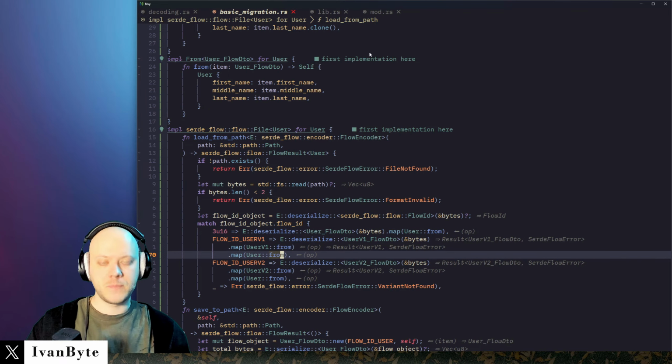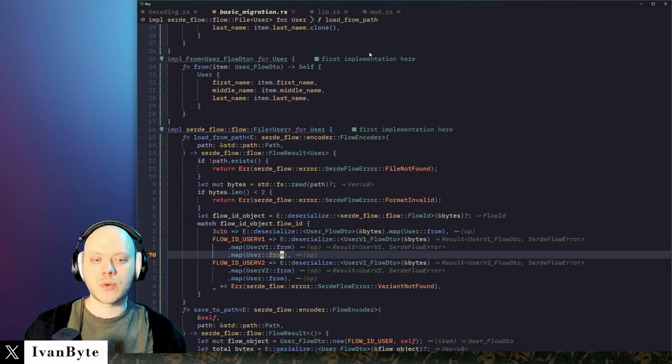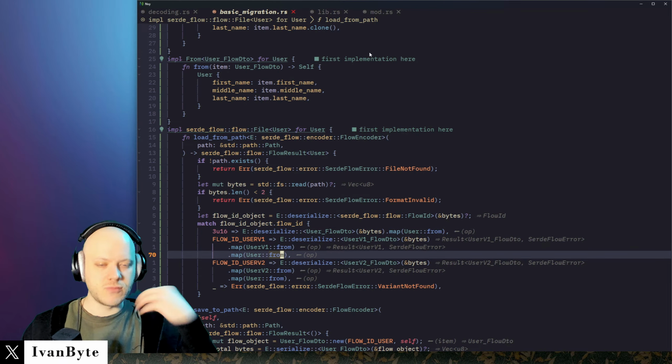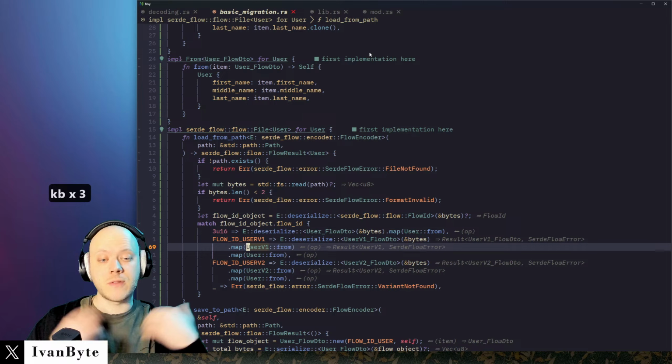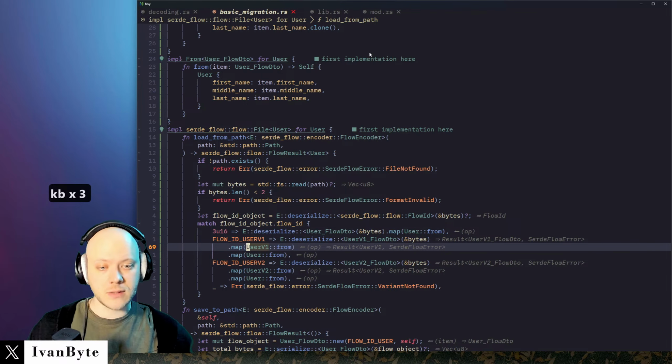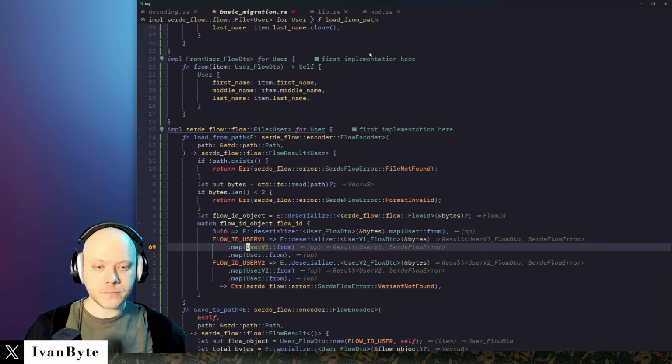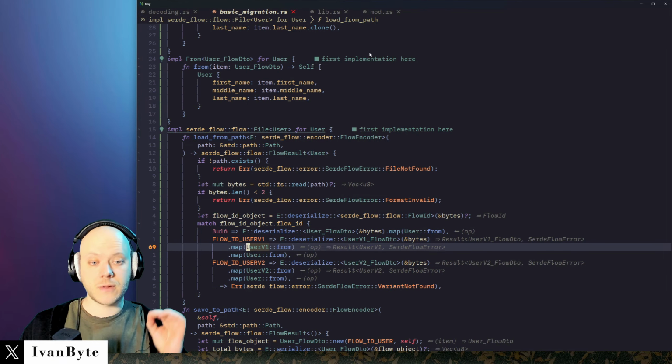So when I read the user, it's converted from user version 1, but on a disk, if, for example, user version variant 1 is written, then during the reading, I convert this to the normal user, the updated, modern user, and the user version variant 1